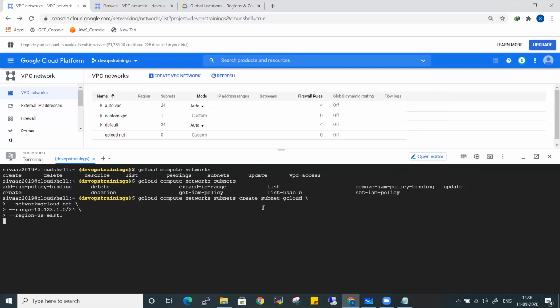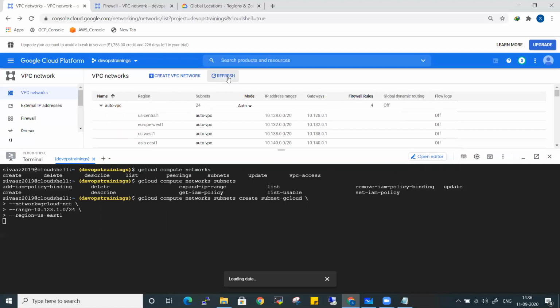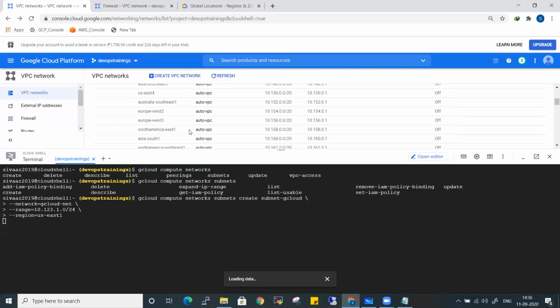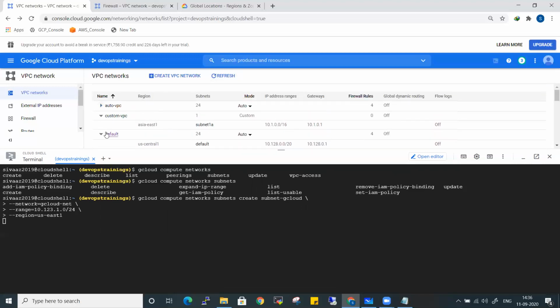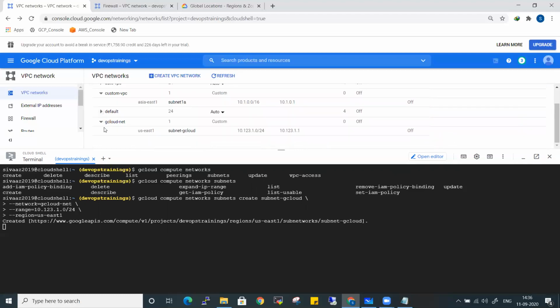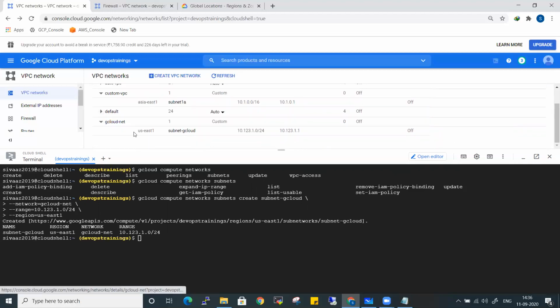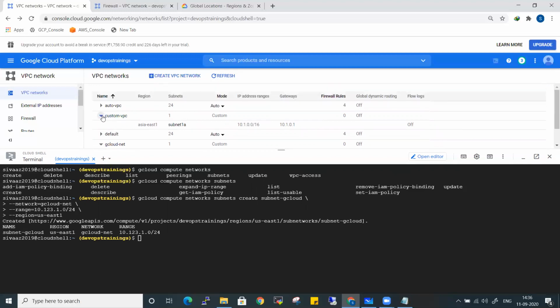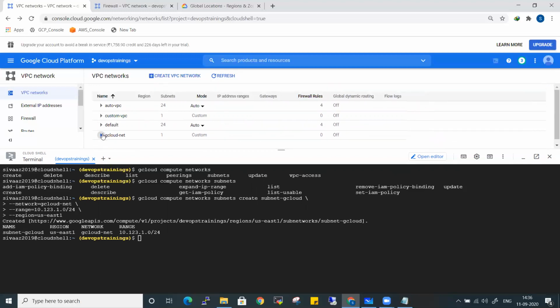We have executed a command to create a subnet inside our existing network gcloud-net. Let me refresh it. Yeah, if you see here, inside gcloud-net we created a subnet called gcloud subnet. So this is how you can create subnets and VPCs in Google Cloud Platform.